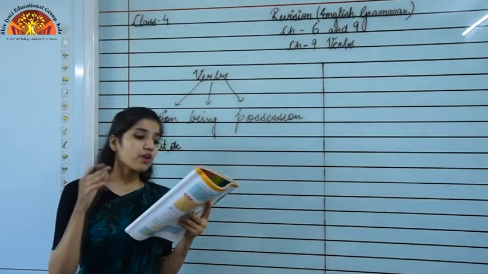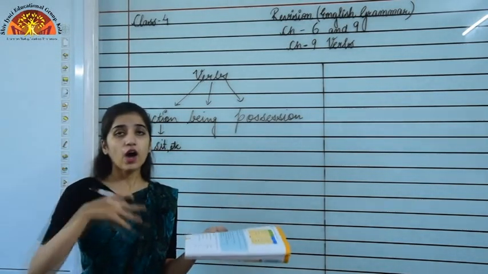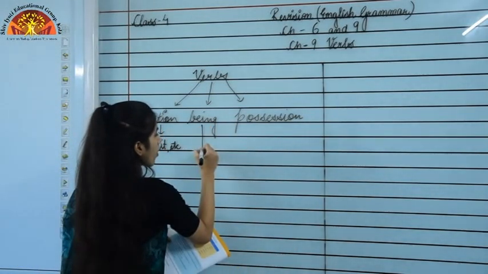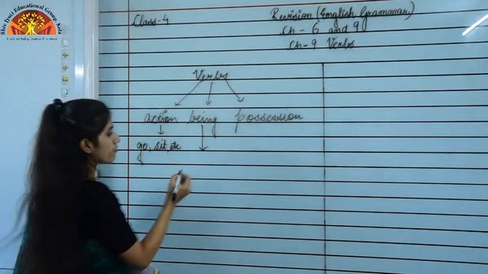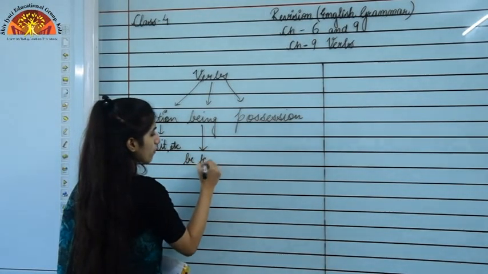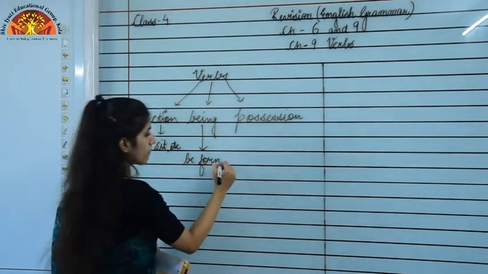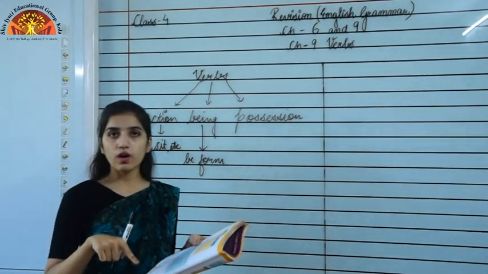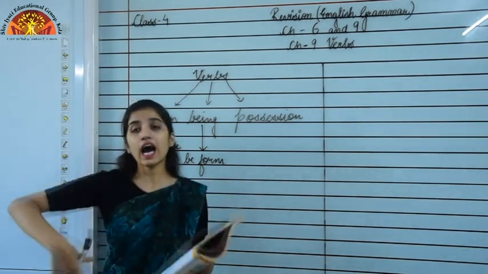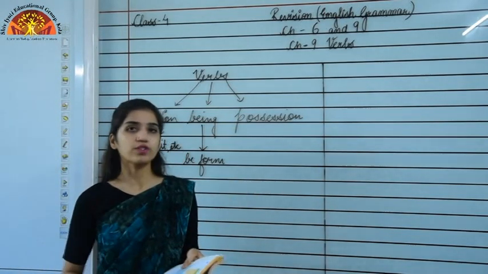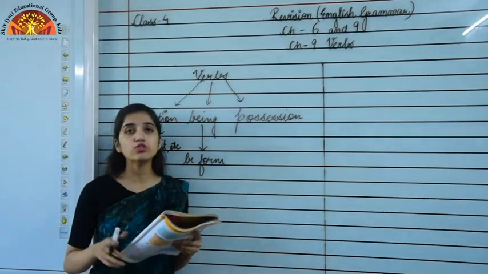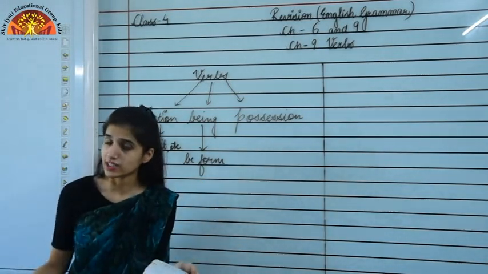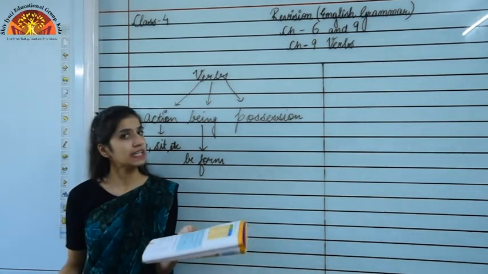Okay, now moving to verbs that denote being, which is on page number 42. Now you have to study about the be forms of the verb. What are the be forms of the verb? You have seen so many be forms. What is the be form, beta? Is, am, are, was, were, been and being. They are what? The be forms of the verb, and they are used to tell us what the subject in a sentence is, or I can say what a person or a thing is.